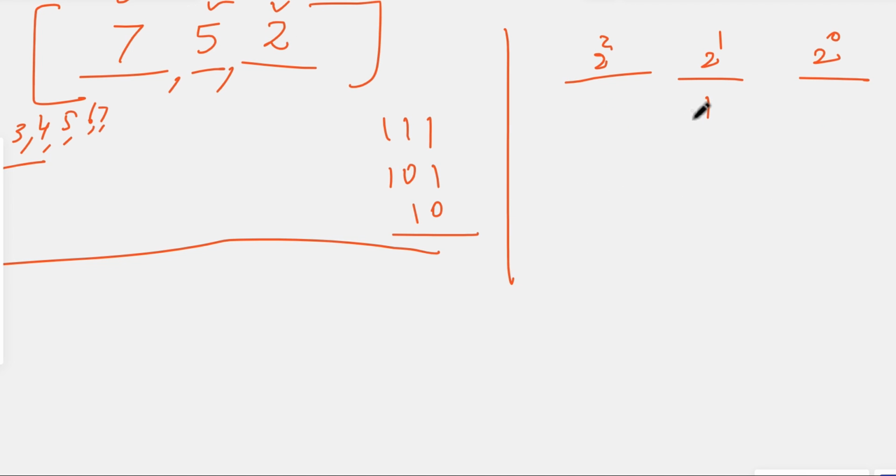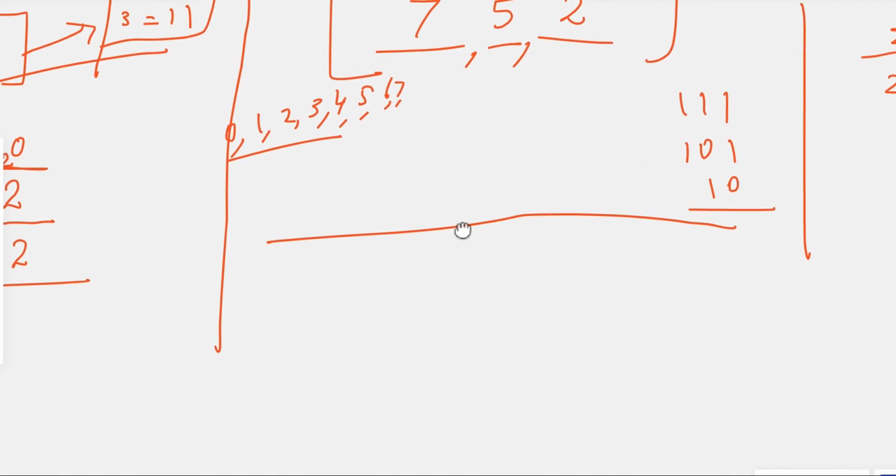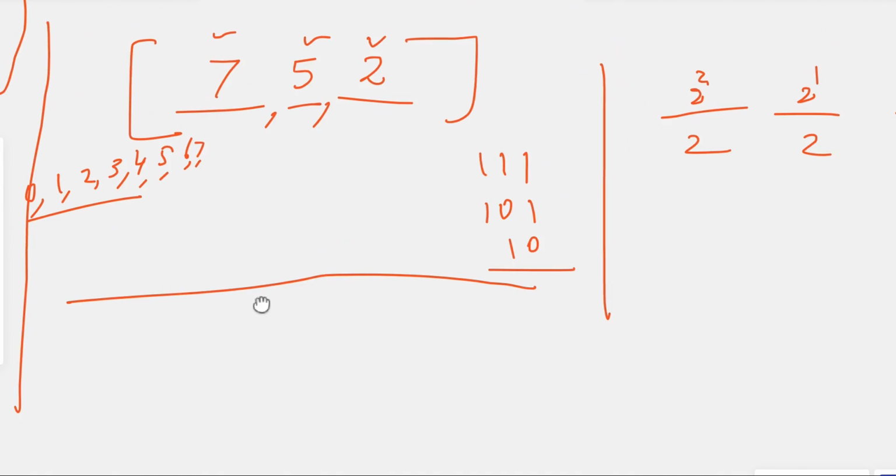So we have 2 over here, we have 2 over here, 2 over here, we have 2 over here. Basically we are just adding this part, like for 2 we will have 2. So that is, so